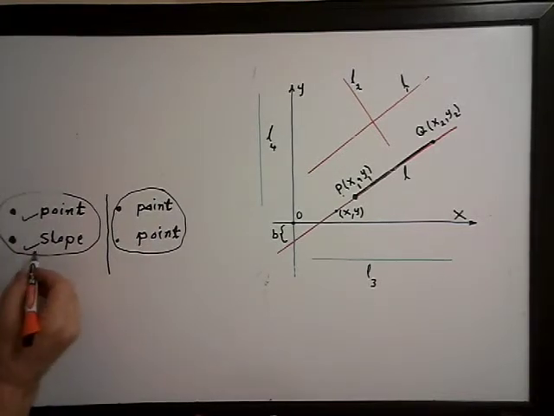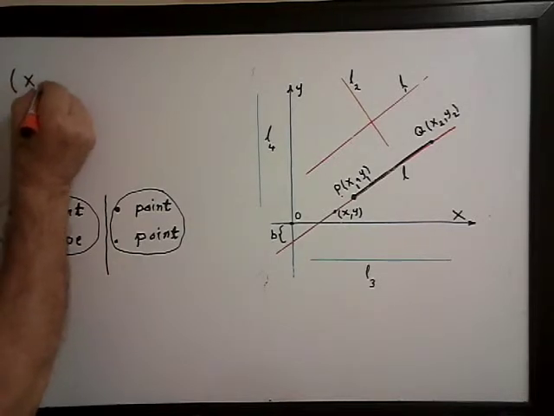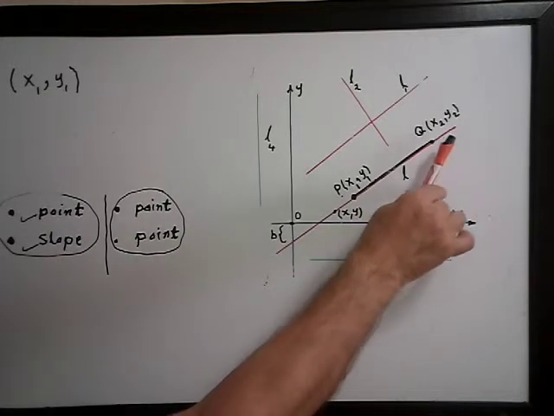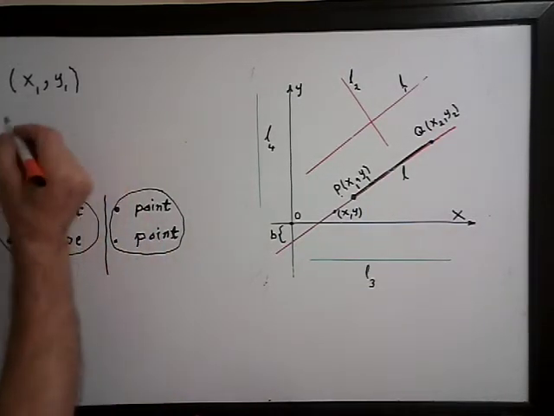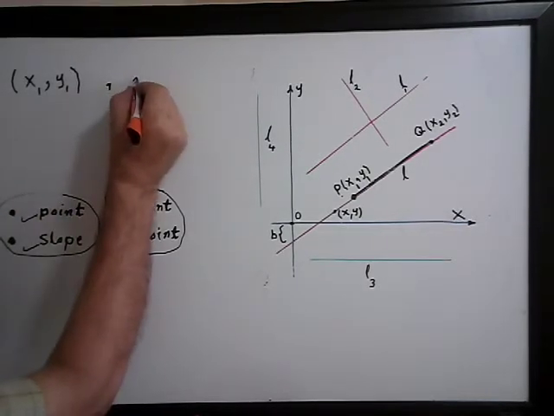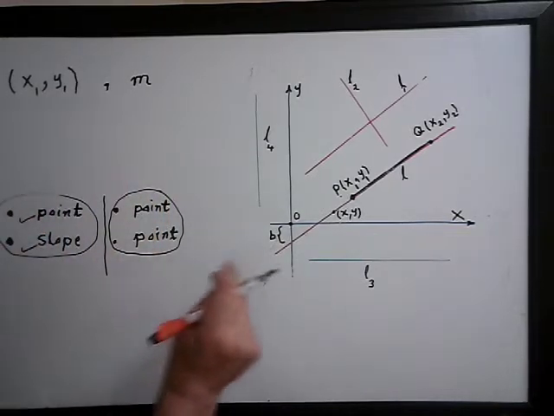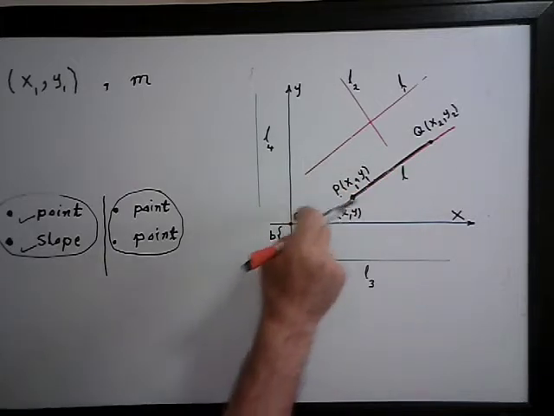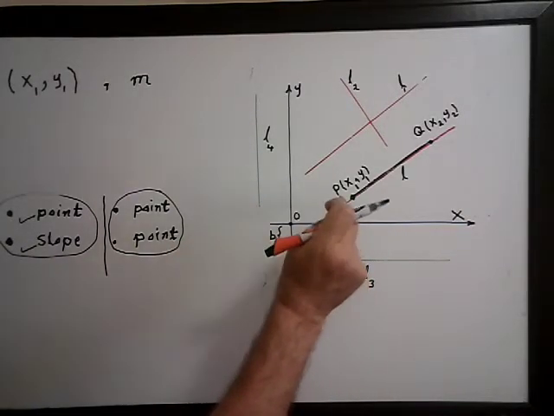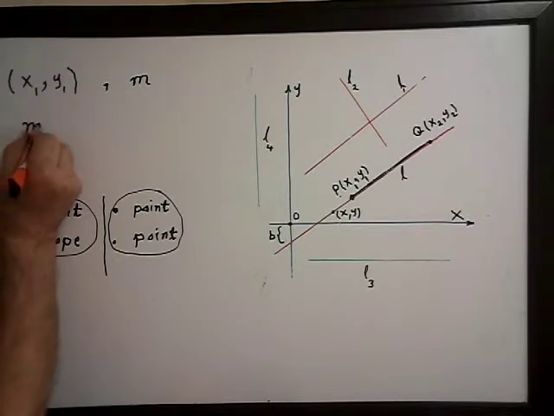Let us consider the first case here. If we have x1 and y1 as a point on this line L, and we have the slope M. So if we replace the point Q by any general point like this point xy, we will use it instead of using x2, y2. Then we can write M for that line